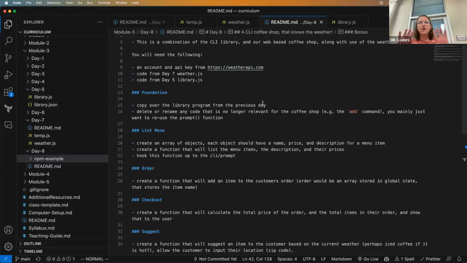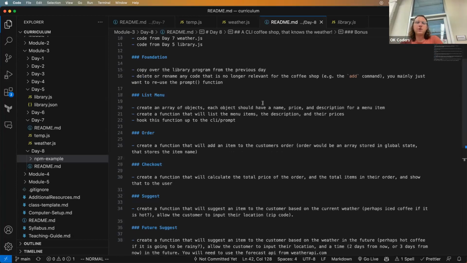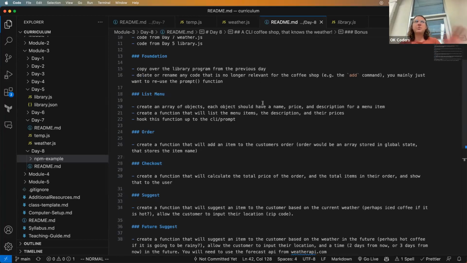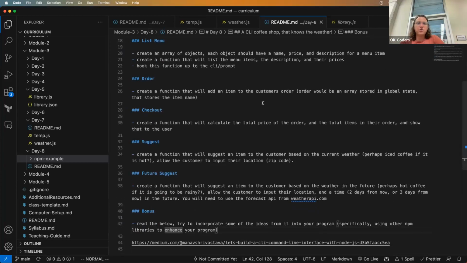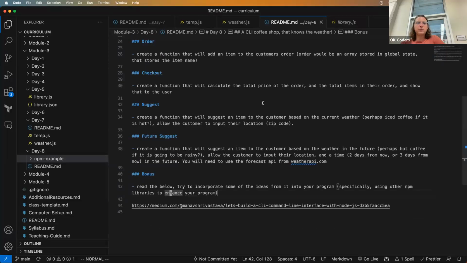Okay, and then the instructions are a little bit lighter on detail. So it's going to feel more abstract. And so you're going to need to work through and figure out how you want to implement things without me giving you like implement it exactly like this. So a little bit more abstract this time. So you will get through to